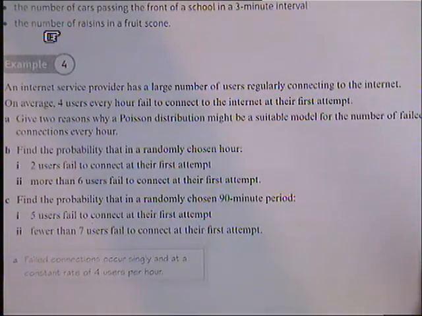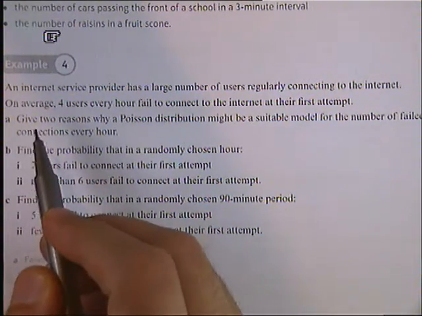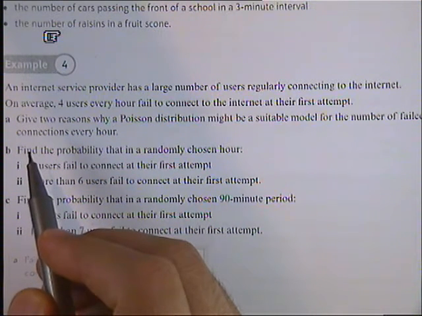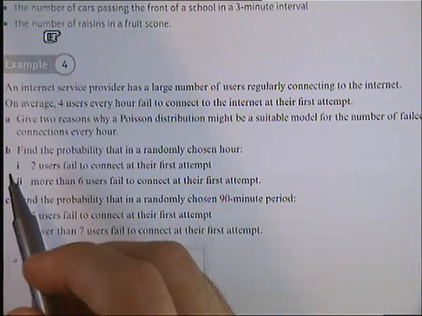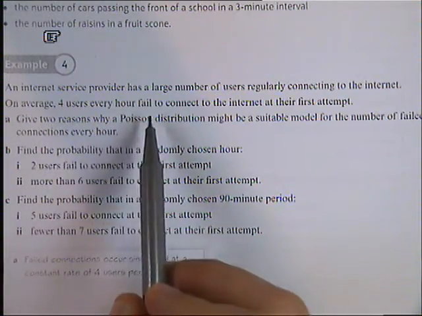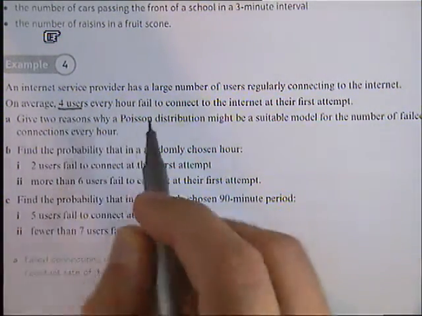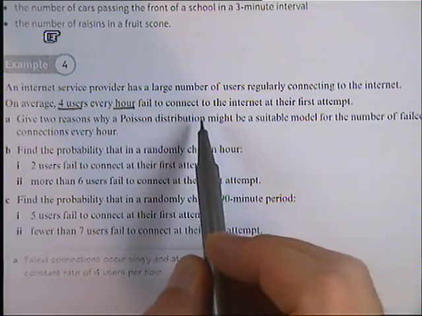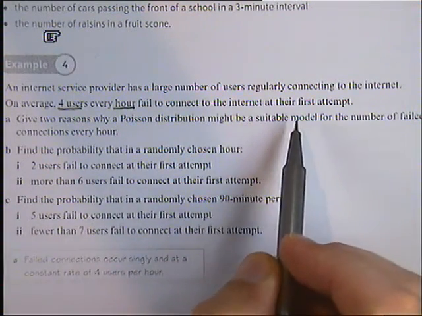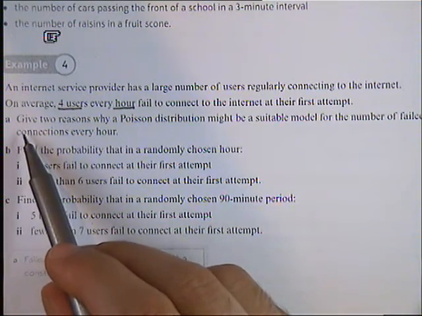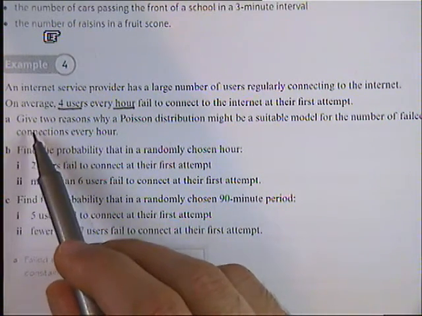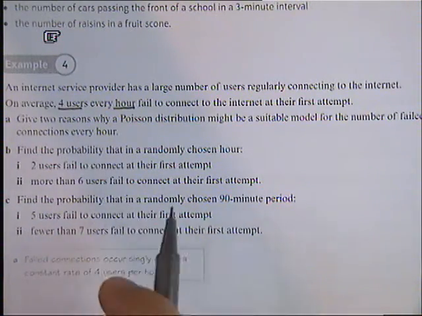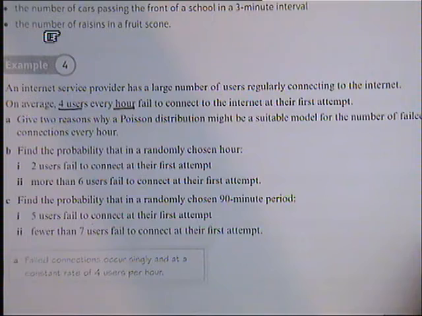Example 4 from the textbook. An internet service provider has a large number of users regularly connecting to the internet. On average, 4 users every hour fail to connect to the internet at their first attempt. Given A, give 2 reasons why a Poisson distribution might be a suitable model for this number of failed connections